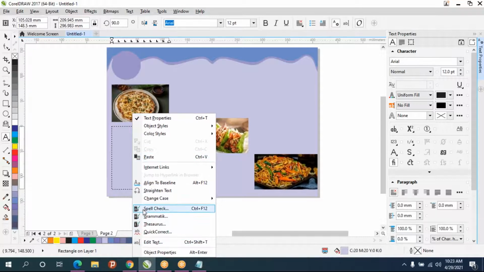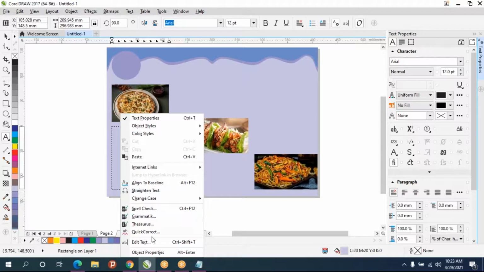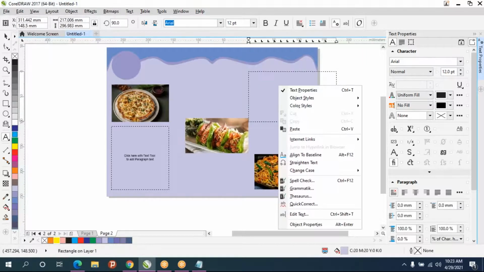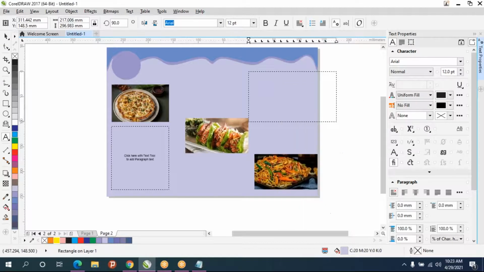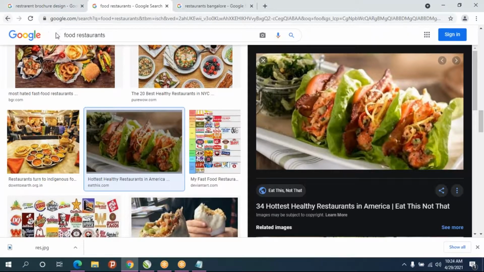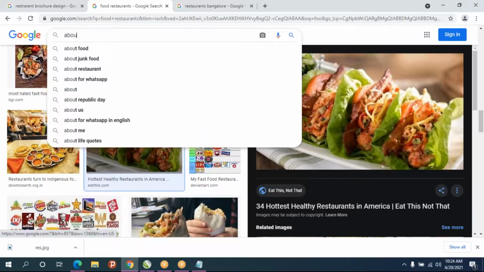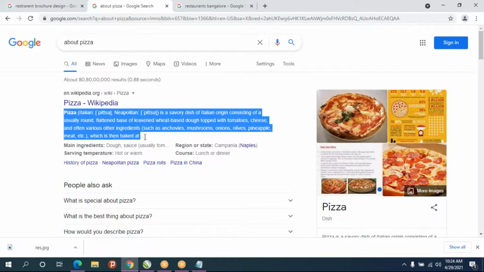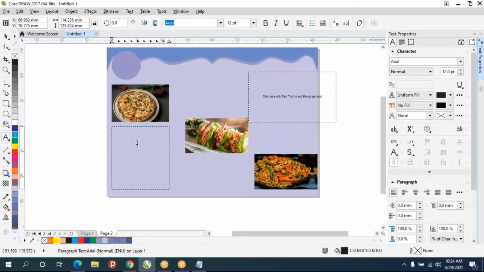So right now I'll fill with placeholder text. So I'll copy this only. Control C.